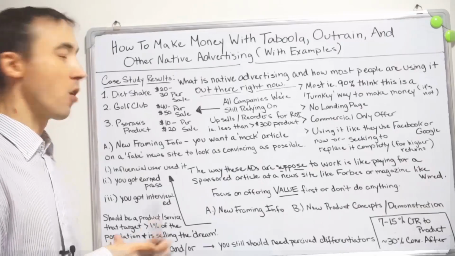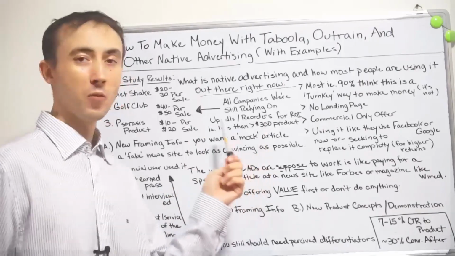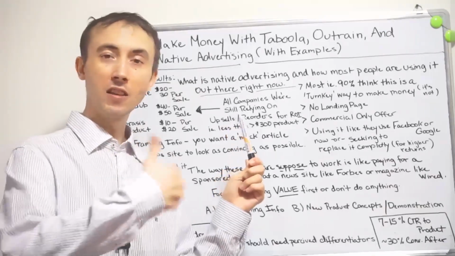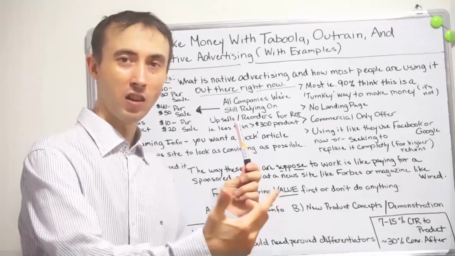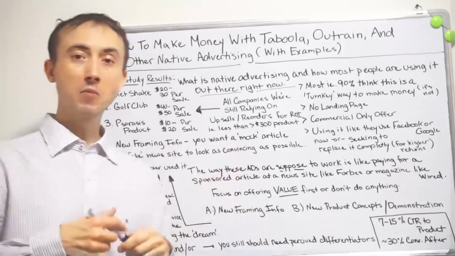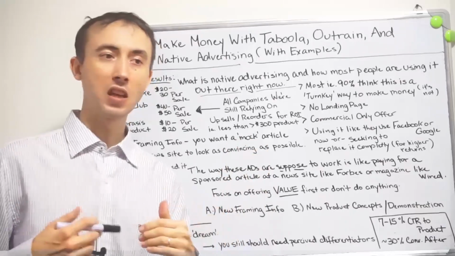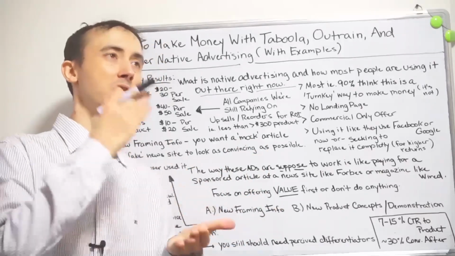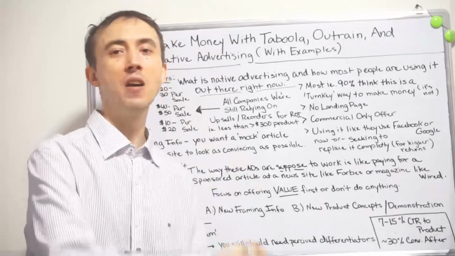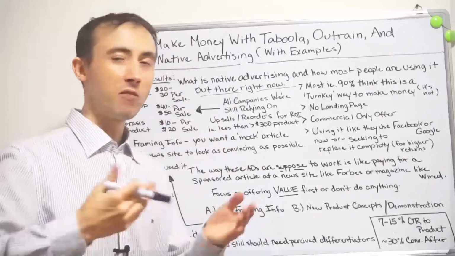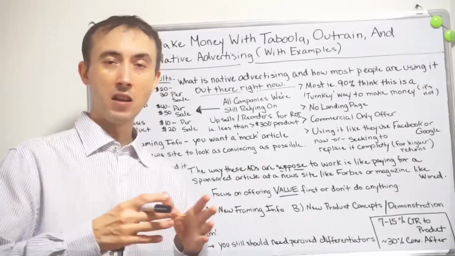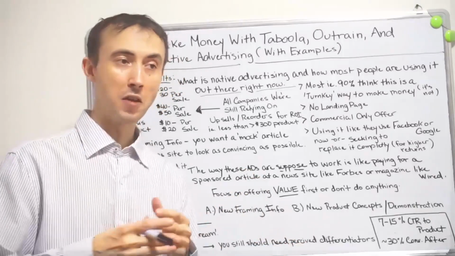But there's a general rule of thumb to help let clients know whether or not what they're trying to sell will work with Taboola Outbrain. If you have something that sells for less than $300, generally speaking, everybody wants to sell one thing to one customer one time and make money right away, so they don't need any money to really do much. Now you can kind of do that on Google, and I have a video about how to make a sale on Google with your first $100, but with this,